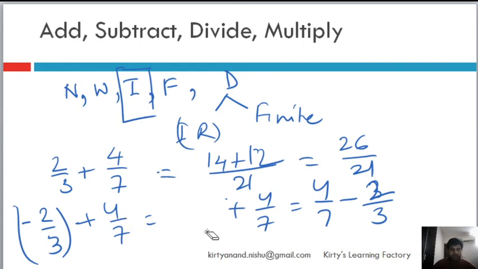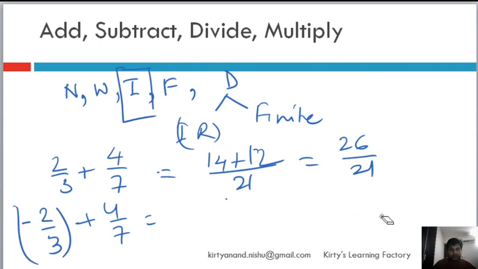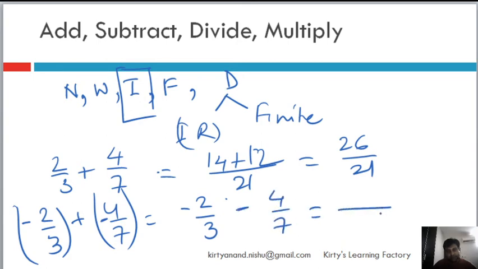Now let's remove all of this, and let's say I am adding two negative rational numbers. So minus 2 by 3 plus minus 4 by 7, right? Minus 2 by 3, this will open as minus 4 by 7, and then basically I will do 21, this will be minus 14, and this will be minus 12. It will be minus 26 by 21. As simple as it gets, no problems whatsoever.